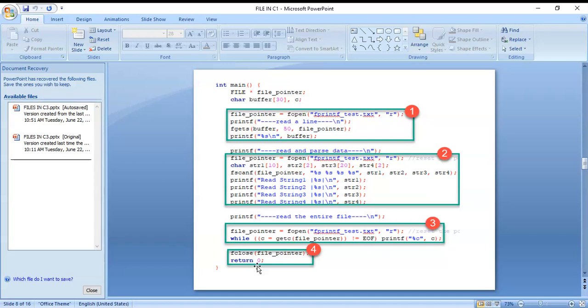So the meaning of this one you can see here: what the string 1, string 2, string 3 and string 4 values are. String 1 shows 10 characters, string 2 shows 2 characters, string 3 shows 20, and string 4 shows 2 characters. Like that in the text file. The information in that text file is divided into smaller characters, and those characters are stored in this way only.